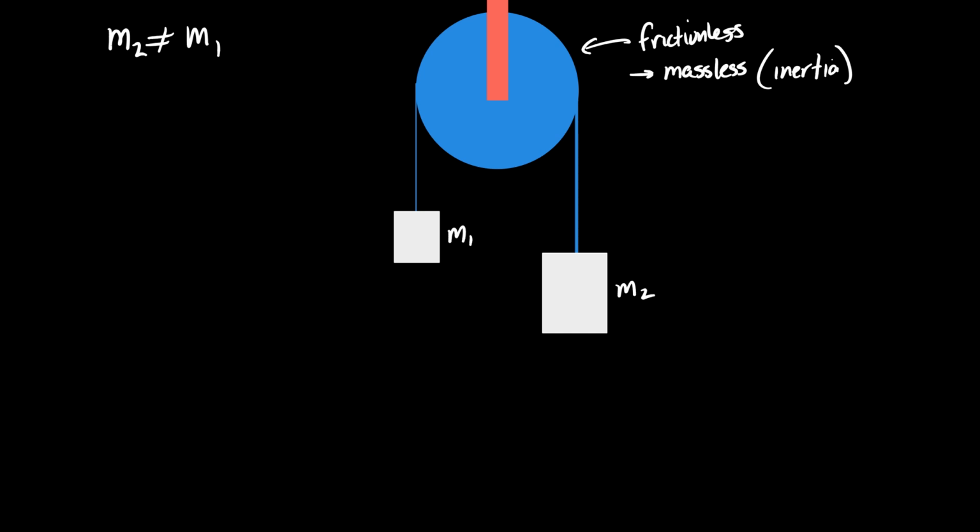Now, I've said this the whole time, that if you think there's an acceleration, choose a common direction for positive and make the positive direction the direction of the acceleration. Would you agree that if this box accelerates down, this box has to accelerate up? Yeah. What I generally do for this is I draw the direction of the acceleration on the pulley to let me know that I'm applying this to the entire system. The system is going to accelerate the pulley and both boxes. But what I'm also saying by drawing that arrow is that I'm making upwards positive on the left side and downwards positive on the right side.